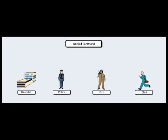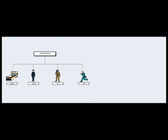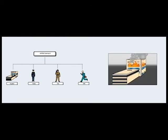Unified Command is an application of ICS that allows for various response groups and hospitals to form an overall management team that works together to resolve an incident by determining objectives, strategies, plans, resource allocations, and priorities. As an example, in the case of a major hospital fire, the fire department will respond to manage the blaze. EMS will take action to supervise patient evacuation objectives, and law enforcement will be called upon to oversee security and